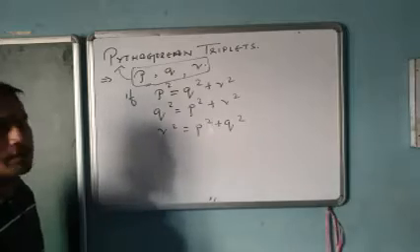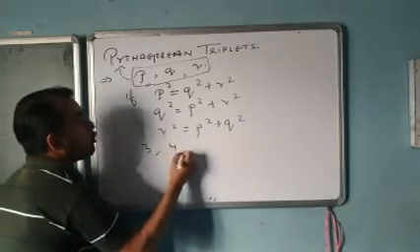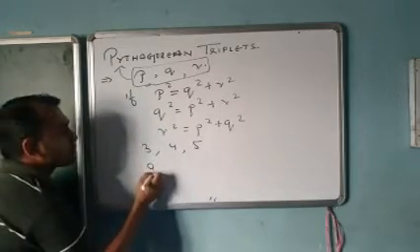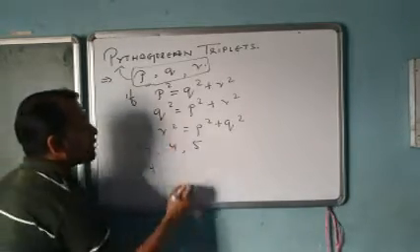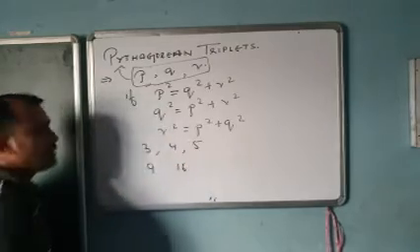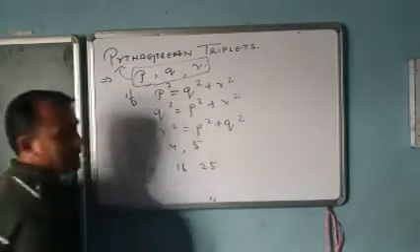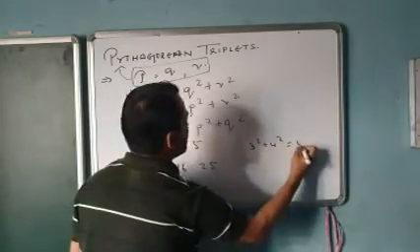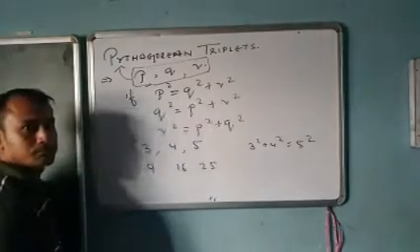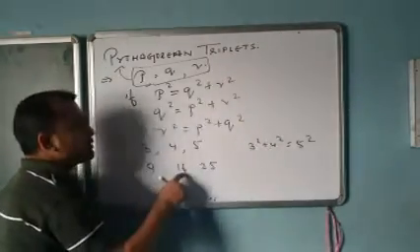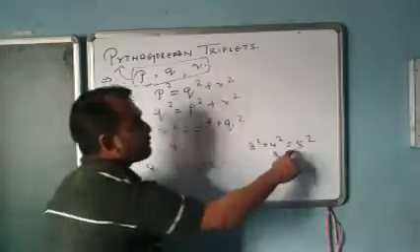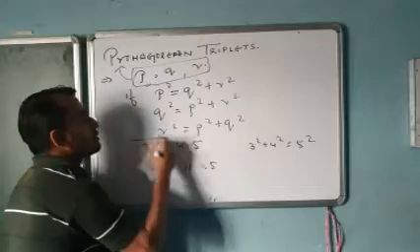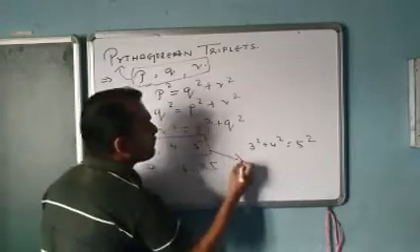So the most common one is 3, 4, 5. Now if you take the square of 3, what is it? 9. If you take the square of 4, what is it? 16. If you take the square of 5, it's 25. Now see here, 3 square plus 4 square, is it equal to 5 square or not? 3 square plus 4 square, 9 plus 16, is it 25? And is 5 square 25? Are they equal? Yes. This means 3, 4 and 5 form the